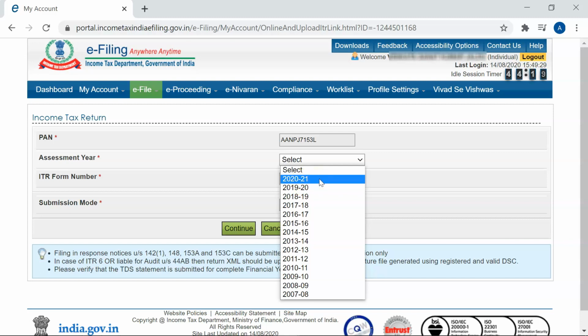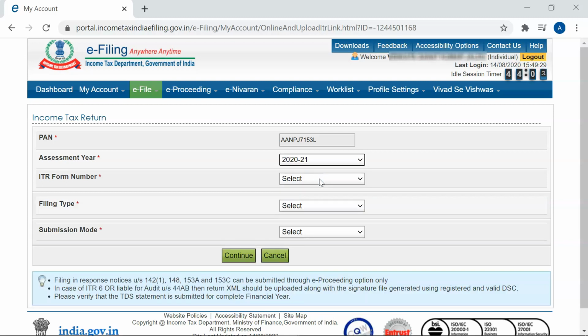Assessment year is always 1 incremented with respect to the financial year. In 2020, you would be filing ITR return for the previous year, that is the financial year 2019-20, but that is called as the assessment year 2020-21. Our team will make a separate video on which ITR to choose. For all the salaried employees, they have to choose ITR 1.